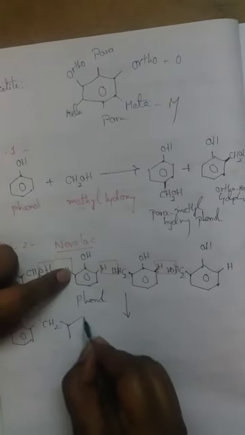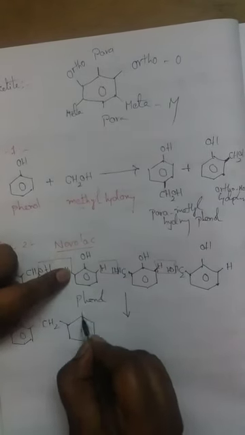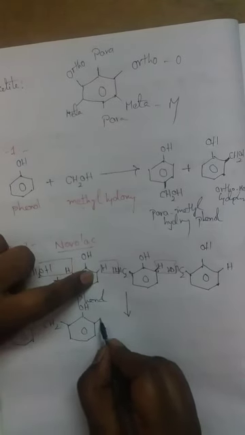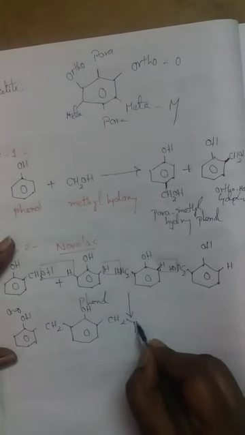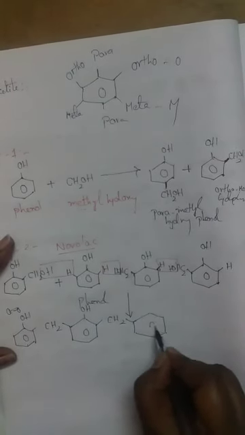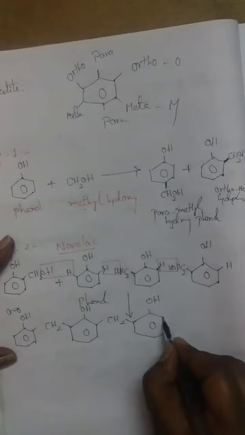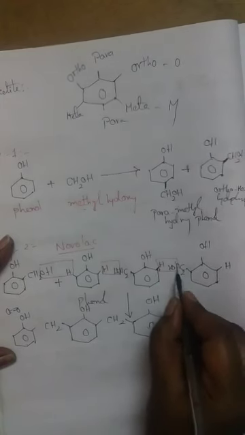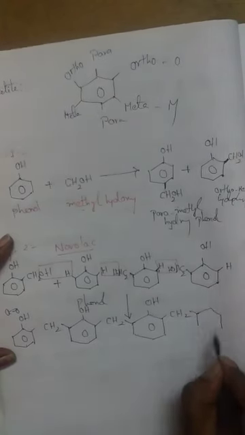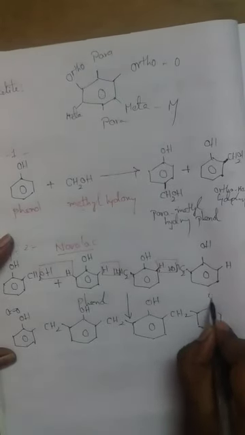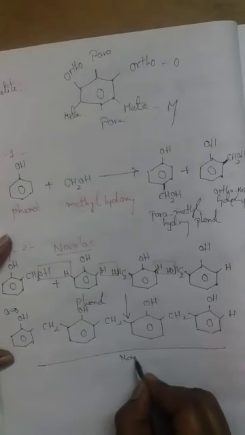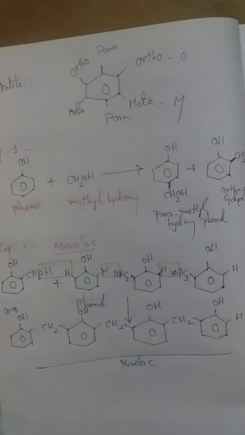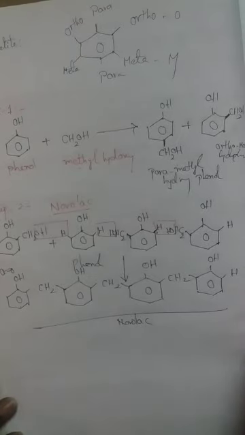What will happen: benzene ring consisting of OH bond, and this is eliminated, remaining is CH2 bond, benzene ring consisting of OH bond CH2, the remaining is CH2 bond, OH and H. This total structure is called a Novolac. The structure of Novolac is prepared, but our aim is to prepare the bakelite.